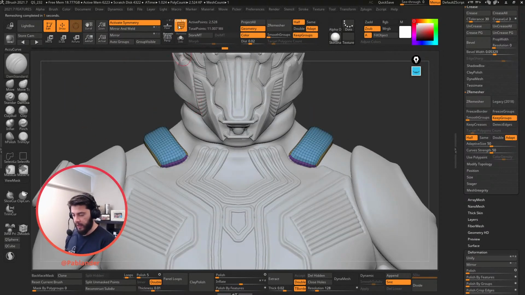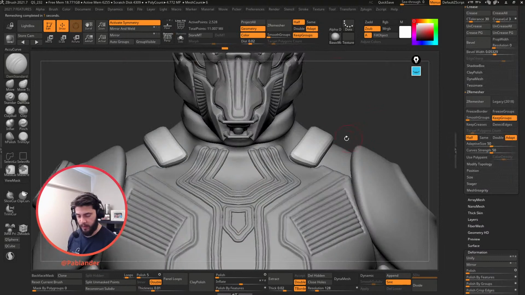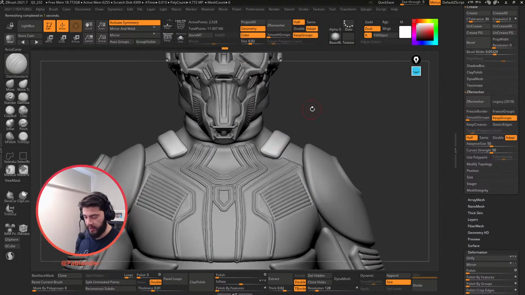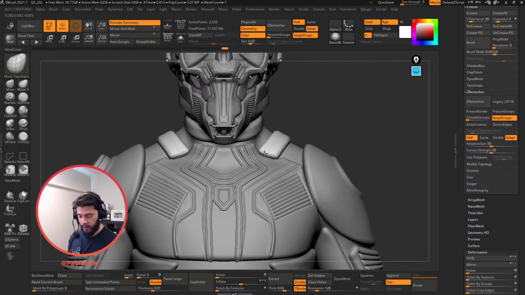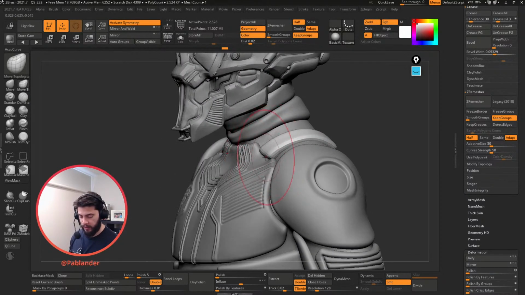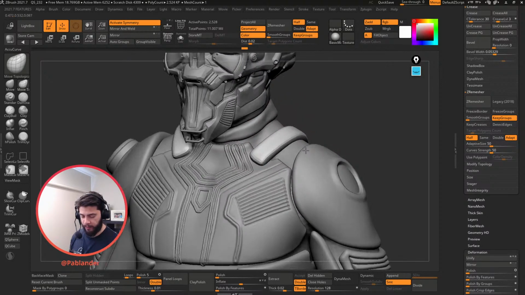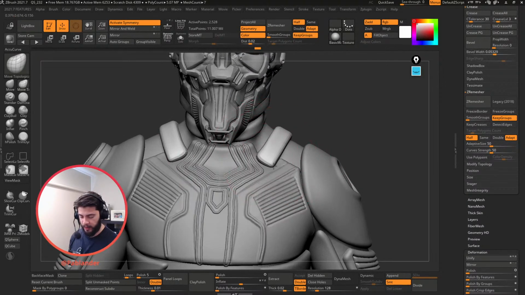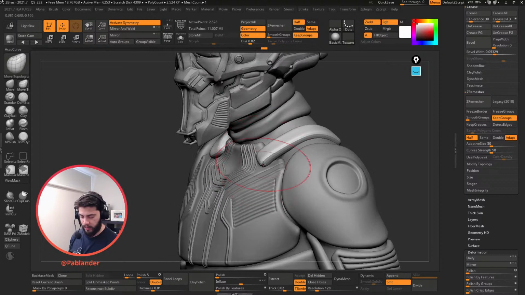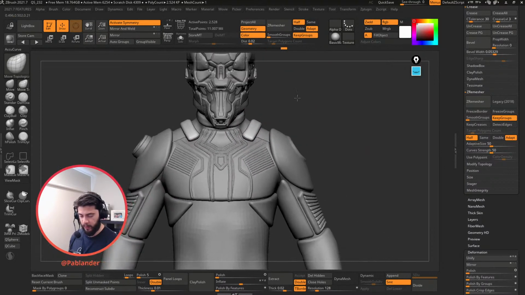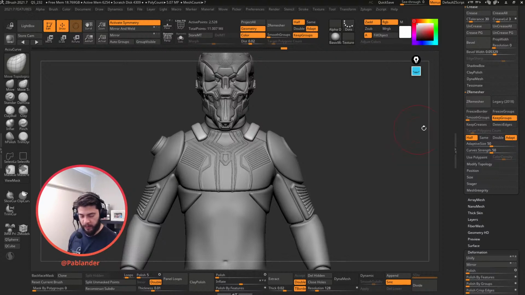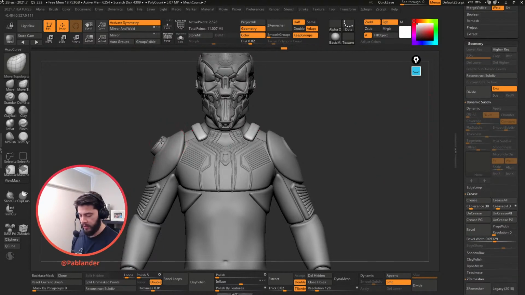So now let's get out of this mode. And now this is a cleaner piece. It doesn't have any details or anything, but we can go ahead and start overlapping these panels. Obviously, I'm playing around with less geometry. So it works. All right, so just to wrap it up,